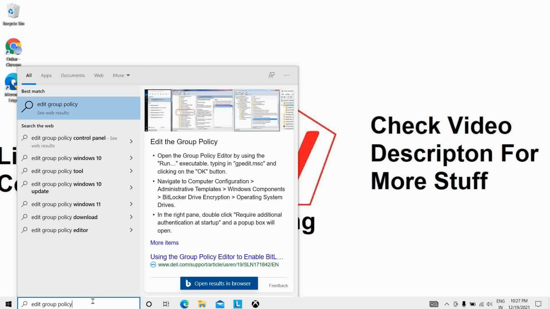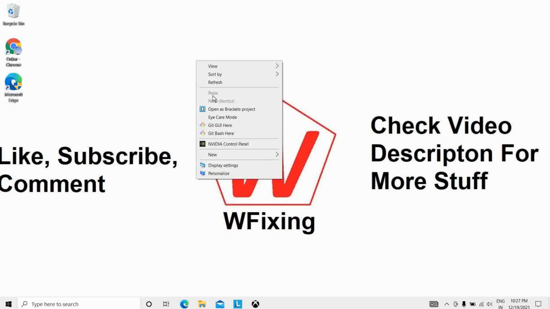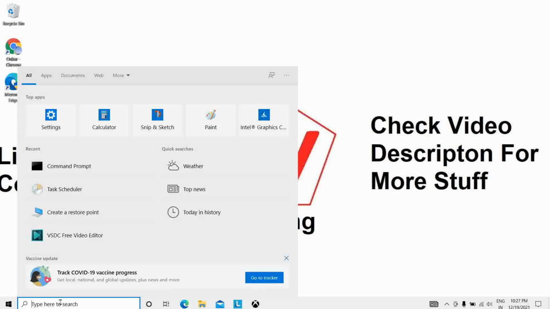It's not working for me this way, so I will try to open it by typing gpedit again, refreshing the PC.